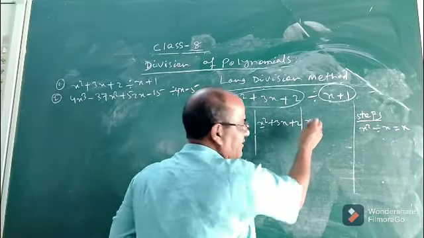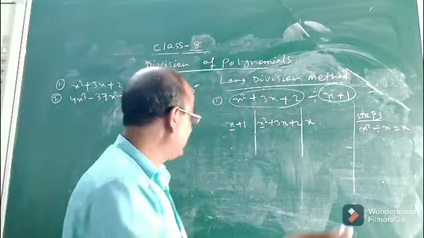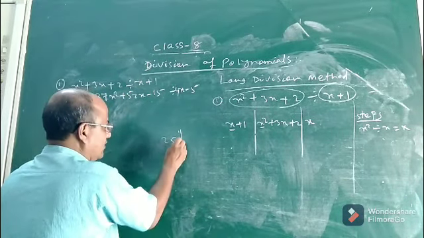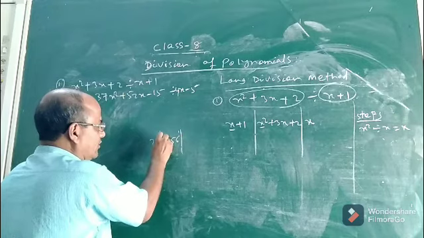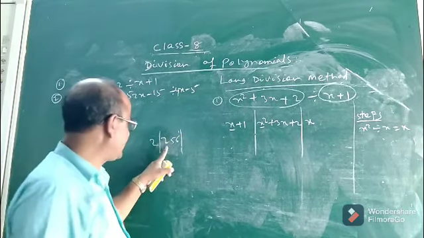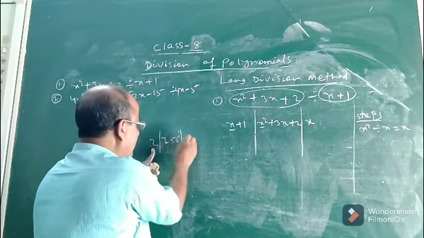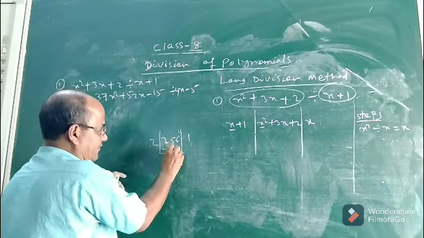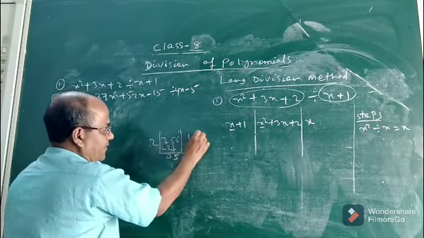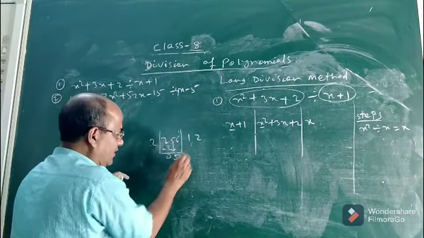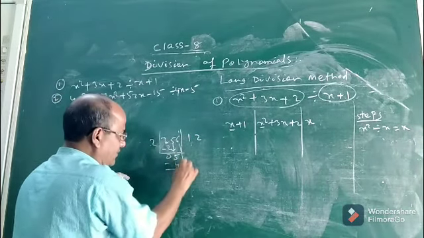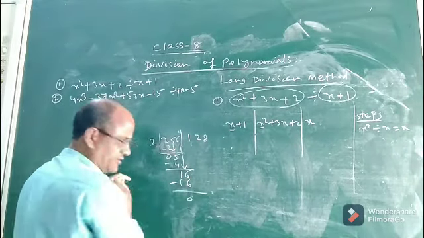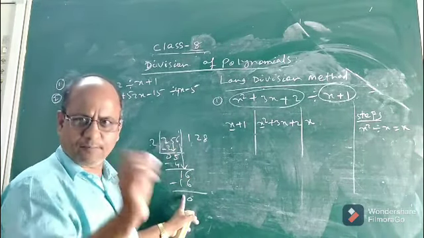Now after putting x here, what is the next step? In division, suppose you are given 256 divided by 2. First you are dividing 2 by 2, it is 1. 2 times 1 is 2. Then subtract, it is 0. Then bring 5 here. Then 5 divided by 2, you will put 2 here. 2 twos are 4. Then 1. Then bring 6, 16. 2 eights are 16. Then the remainder is 0. This is the long division of numbers.